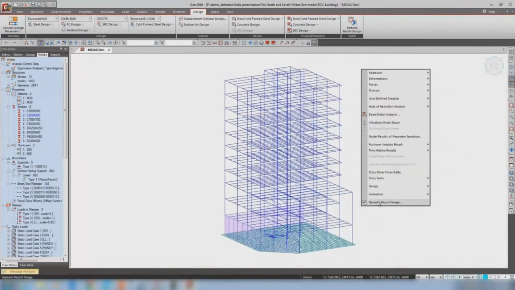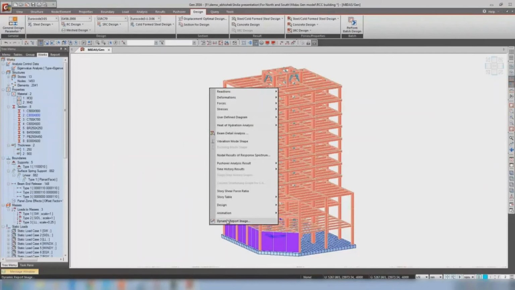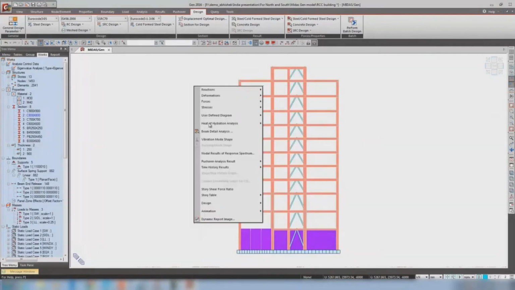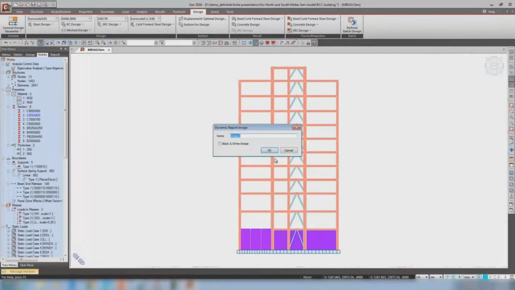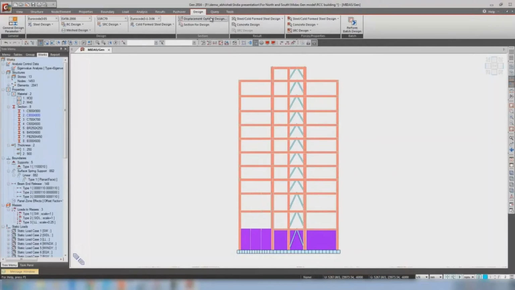I just right click and say dynamic report image. This is the one image I captured. Then I did extrude view. Again I right click and capture the image, that is image 1. I just use my dynamic report image. Similarly, I can capture the graph, the values, the steel report, whatever I like,